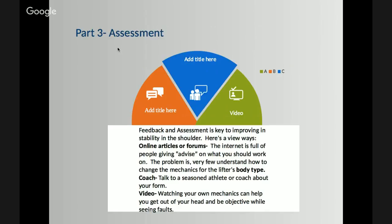So if you look at one article or one video and you look at some of the elites, they're T-Rexes, right? So if you're trying to emulate that same exact style, there might be a disconnect on how efficient you're going to be with your own body type. And the assessment alone,